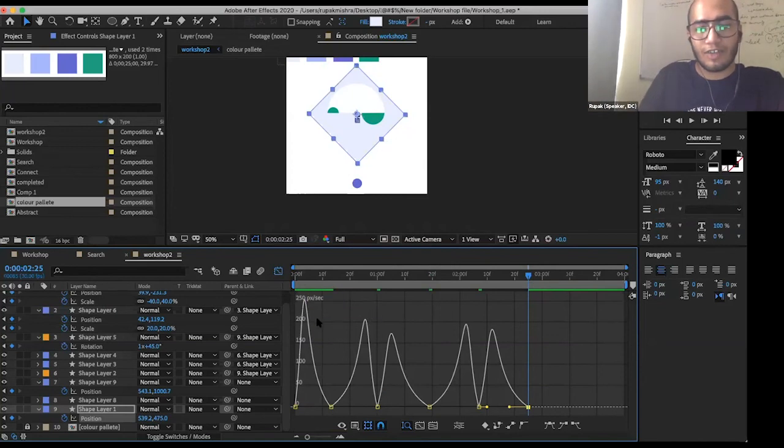Since we have done it so many times, and in this shape layer we have done the M shape before, it automatically detects that the next layer will also be in this M form. That's why I told you to go back and check how your graph looks in the graph editor. Sometimes it will not be like this. You have to manually set your graph again.